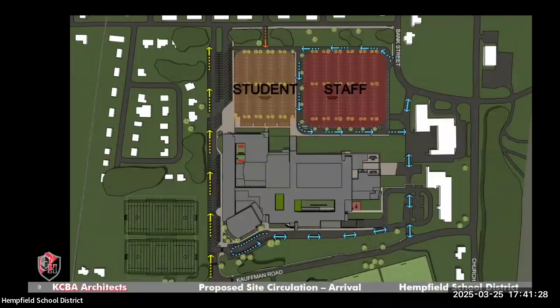But timing wise, we have to have it designed and prepared for all of it while Franklin is still there. So that's some of the challenges that the civil engineers are working on to make sure that we don't have flooding issues and things when we have 3 high school buildings and a parking lot that we're trying to build. There's not a lot of grass in that area at that